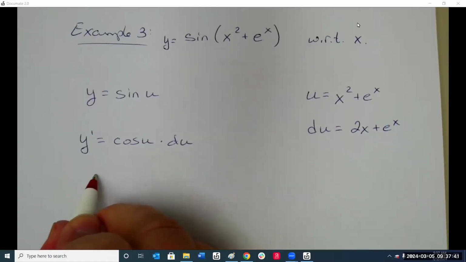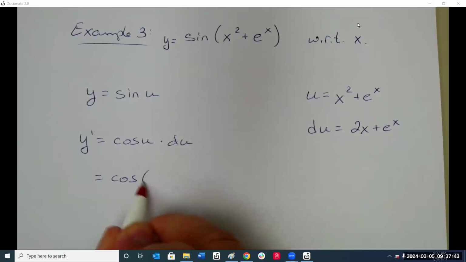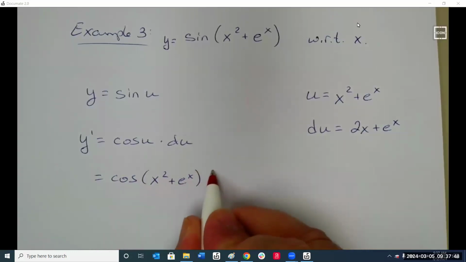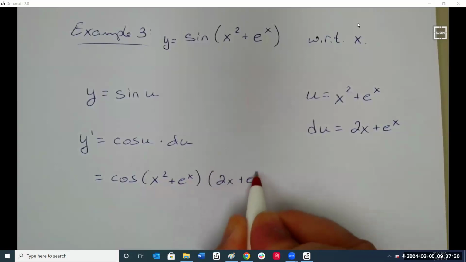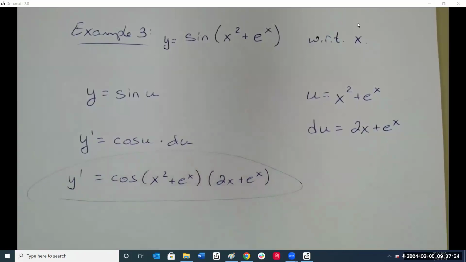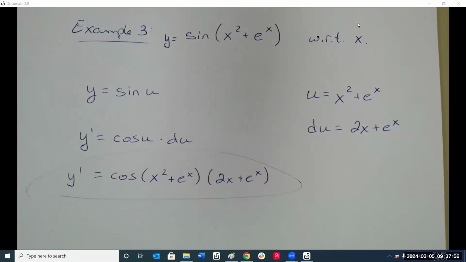Now we just plug them in there. Cosine of x squared plus e to the x times 2x plus e to the x. There's your answer. As far as you can go. I mean, you could put that in front, but